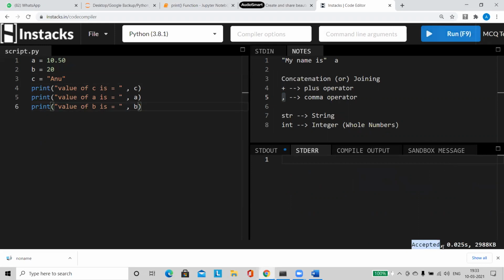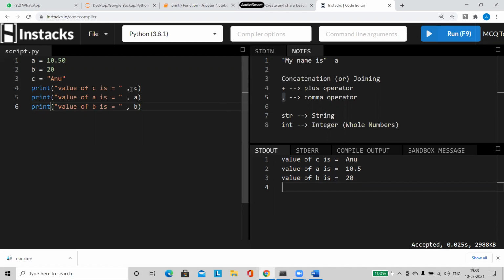See what it says. First thing you see, accepted. Now you go to the output. See, everything is coming. That is what your comma operator will be doing. But one thing you have to remember. See here, how many spaces are there? Not one, but two spaces are there. After equals to, I have left only one space. Look here very carefully in my program. After equals to, I have given one single space and then I have closed the string. But here in the output, see how many spaces are coming. It is getting two spaces, 1 and 2.